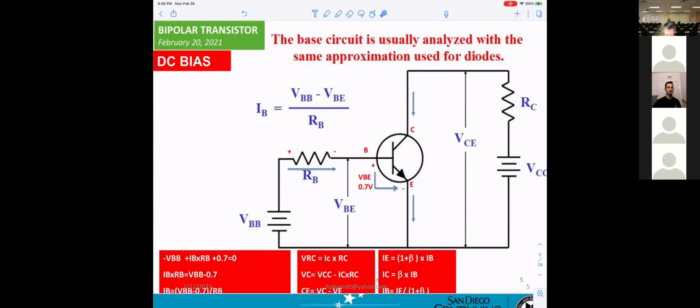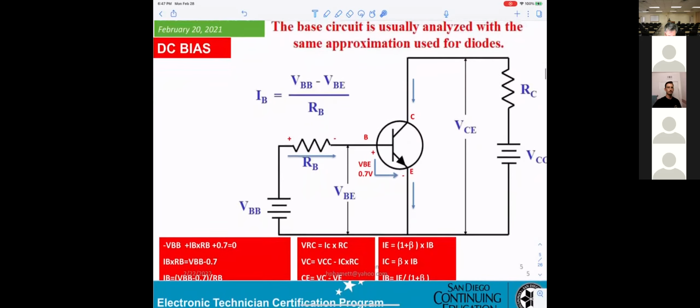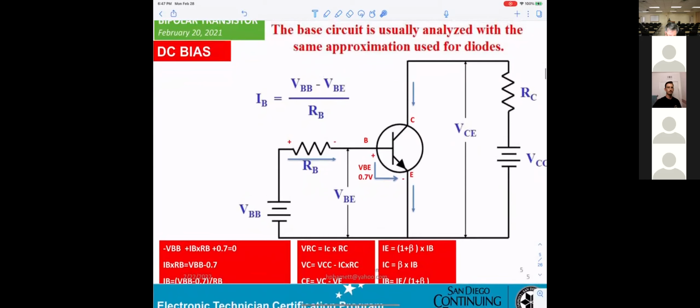So when you apply the VBB into the base, you get the current IB going to the base, the current IE leaving, and the current IC going into here. They already tell you how to calculate the IB.